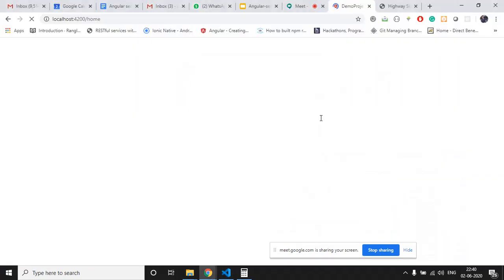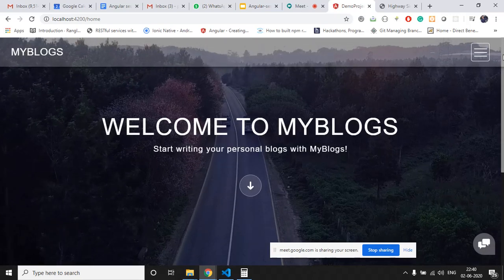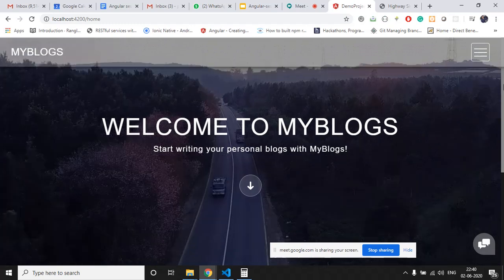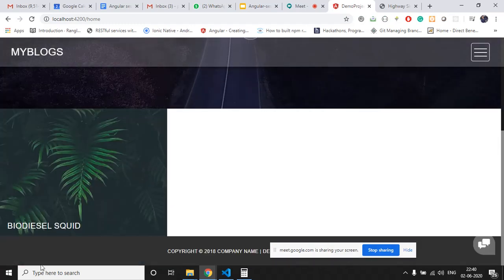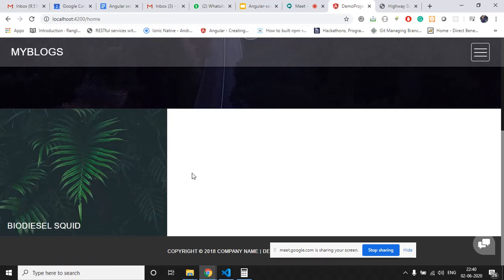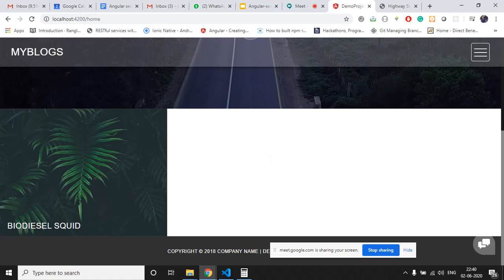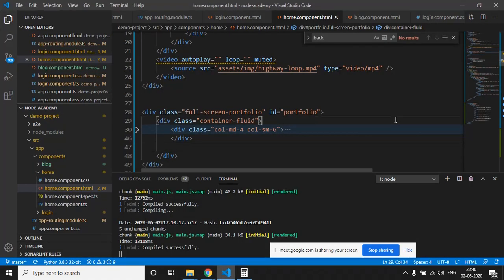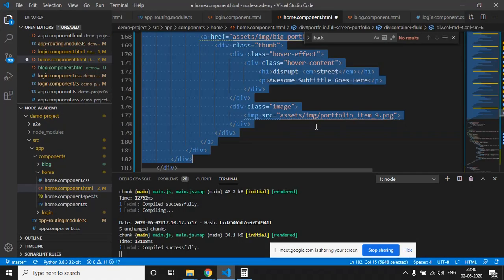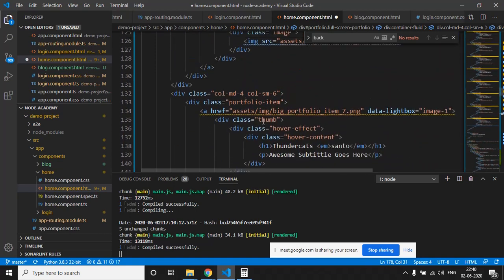So the Angular application has been compiled. Now the expected view is that we should only see the single tile here, right? So this is the single tile which we have kept. We can keep three tiles so that it will look better. So we will just keep three tiles and then remove all the others.